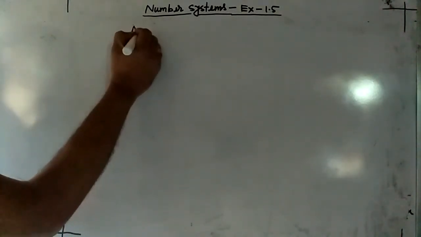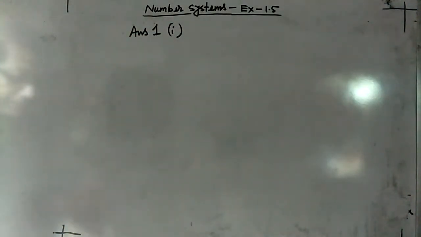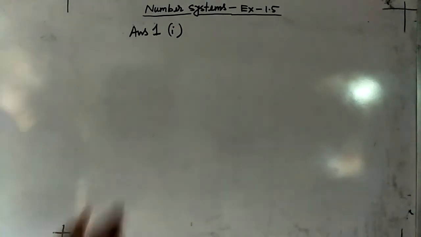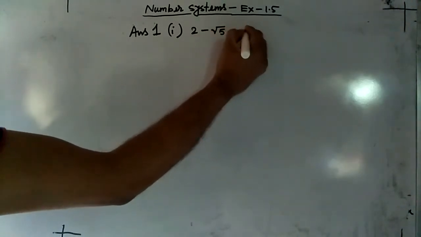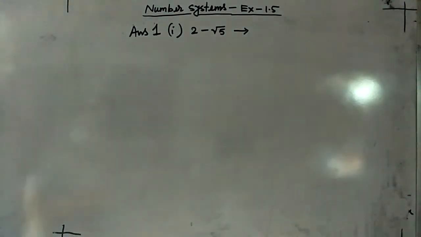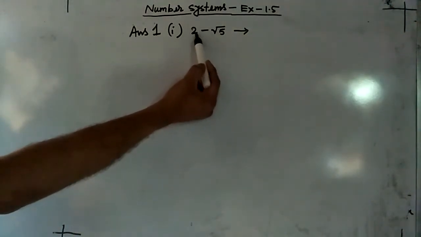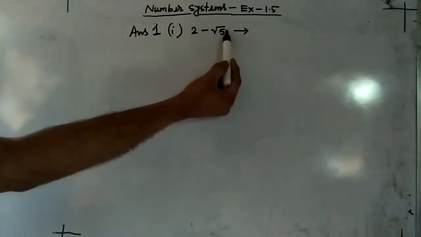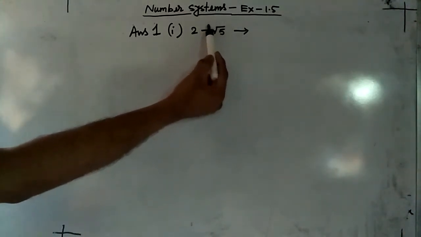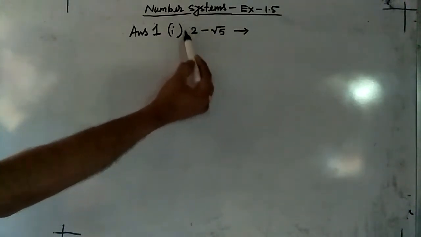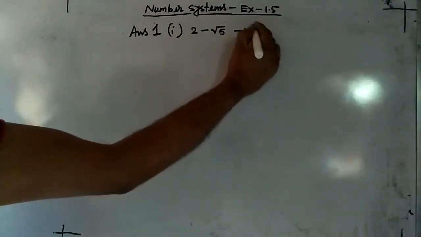So answer 1. Check first one. So first one is 2 minus root 5. Tell it is a rational number or irrational number. Just check. First term is 2. It is rational number. And second term is root 5. It is irrational number. Rational number and irrational number we can't add or subtract. So here, since root 5 is irrational number, then whole things will be irrational number because root will not be removed from here. So it is an irrational